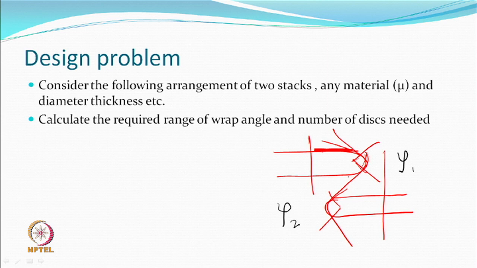You are free to choose a material which will have a different mu. You are free to choose a diameter, the thickness of the disc, the distance between the discs, and geometrically try to tell us what should be the wrap angle